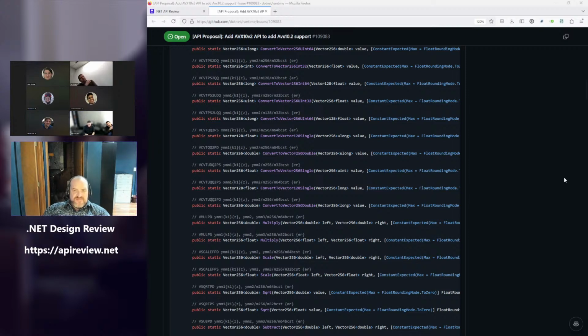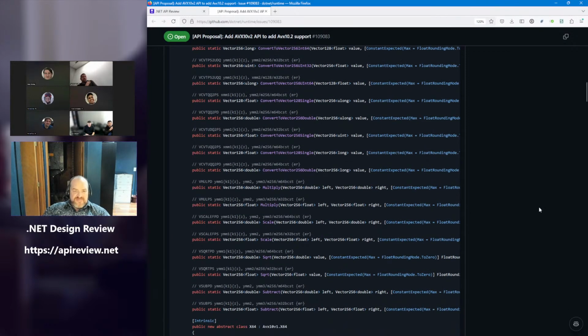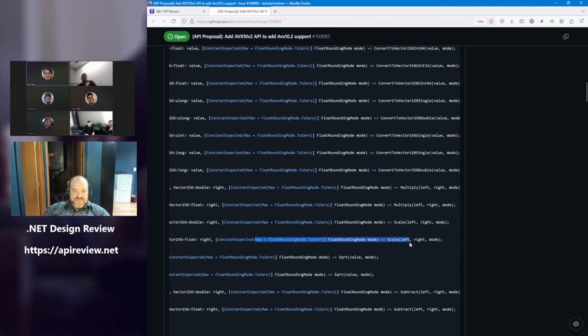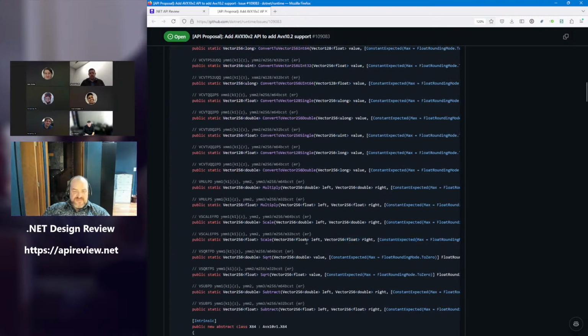Okay. And then these are just overloads of existing functions. They take one additional parameter, which is the rounding mode, as float rounding mode. And it always defaults to 2.0, it looks like. It doesn't default. Oh, sorry, that's the maximum value. Oh, got it. But they all take the same type. Yes, you're right. There aren't default arguments here.